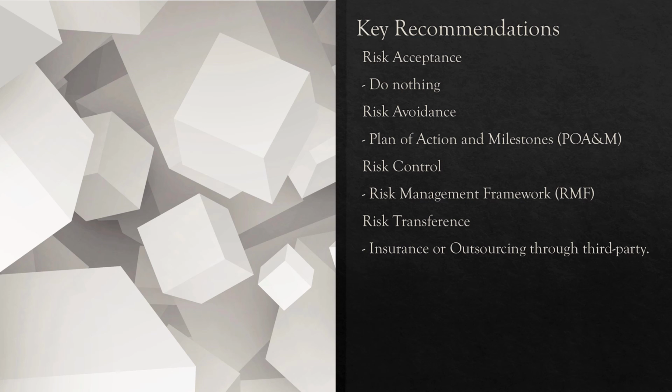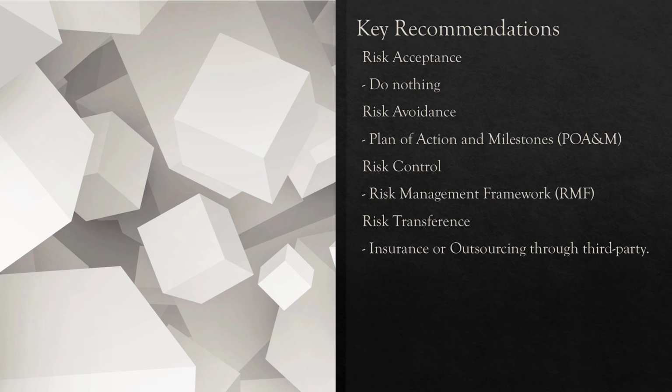The 7-step process involves preparing all essentials. First, preparing all essentials to prepare the organization to manage security. The second is categorizing the system and information processed, stored, and transmitted based on the impact analysis. The third is selecting the set of NIST SP 800-53 controls to protect the system based on risk assessment.